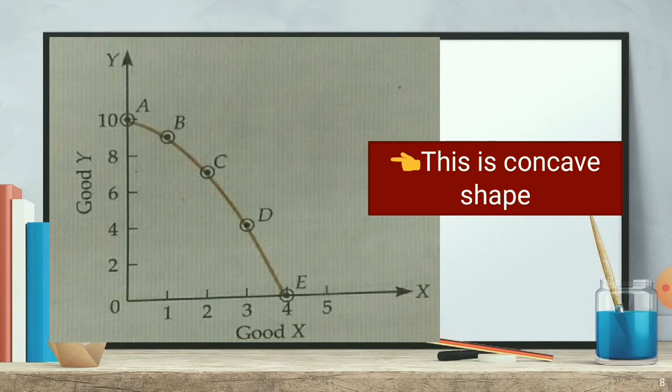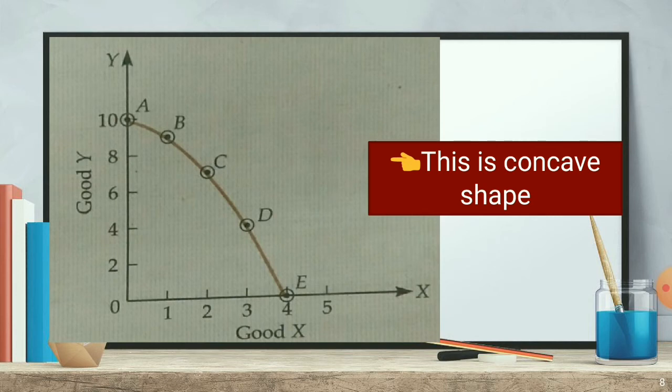Unit, measuring unit, you can take it as per the numbers you have taken in the table. So here 1, 2, 3, 4, 5 we have taken for the X, and 2 unit measure we have taken for the Y: 2, 4, 6, 8, 10. And accordingly we plotted the figures. I will show you on the blackboard how this figure has been taken, how the curve has been made, in the next video.